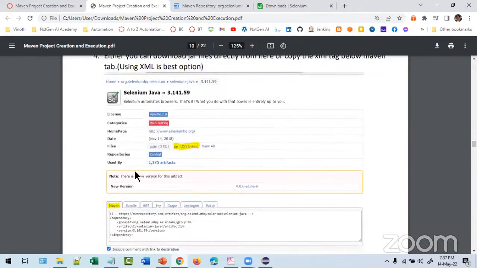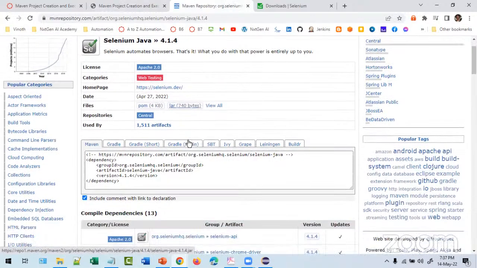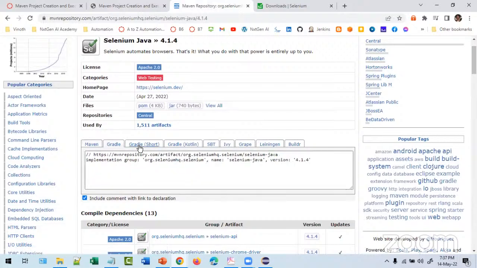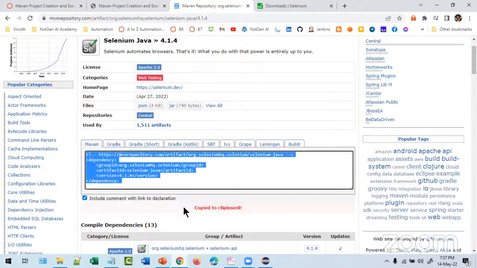Now it is 4.1. Yes, the same jar file which is available here, it is also here. See this jar file. You need no download. What you can do, we are going to use Maven. If it is Gradle, you have to copy this and put it into the respective place. Maven is this one, dependency. The second you click on it, copy it to clipboard. So it's already copied. Or else Control C. Control C, see the magic.